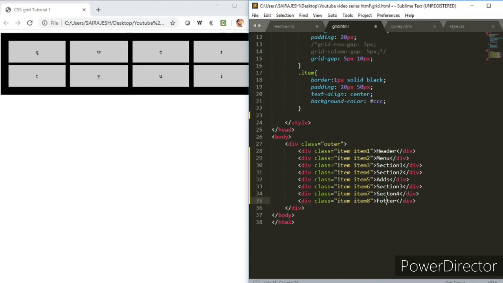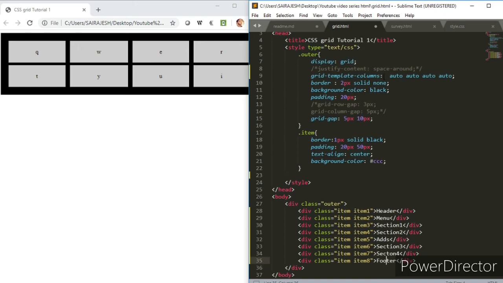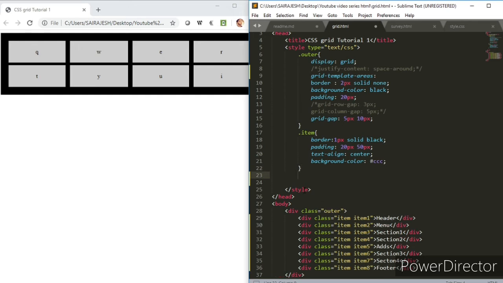So now what we can do is we can put all of them in such a way using another property called a grid template area. So what I'll do is I'll just delete this and use grid template area. So I'll select the item 1. So let me do that. Item 1, right? Okay, so let me copy and paste this a few times because we will require it for all the other items.